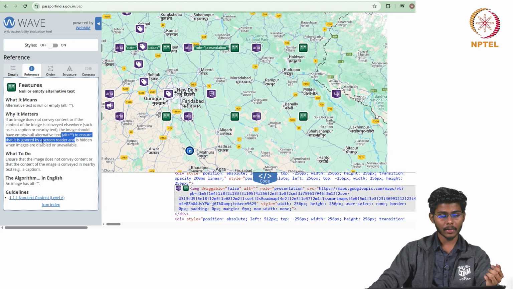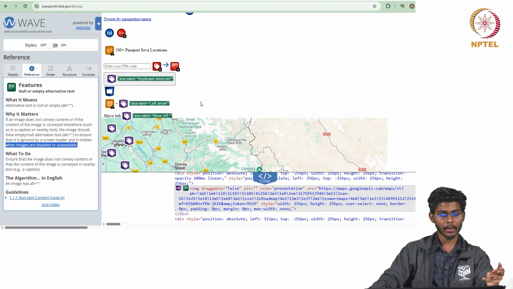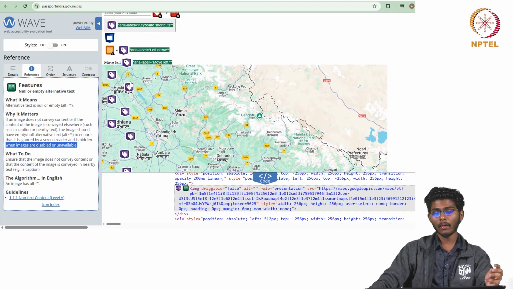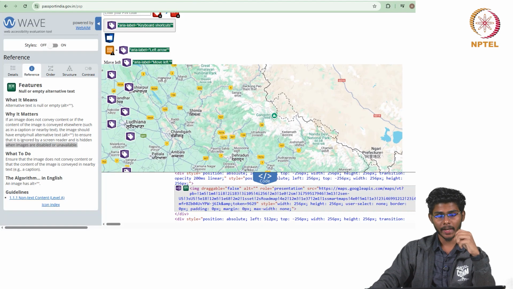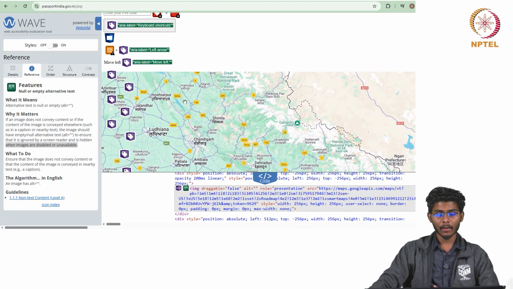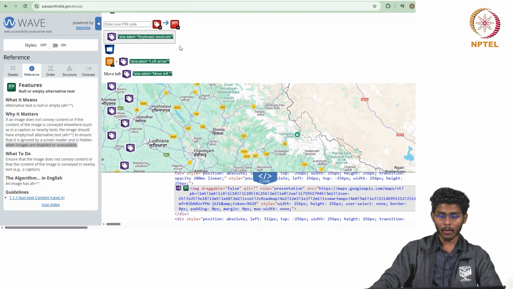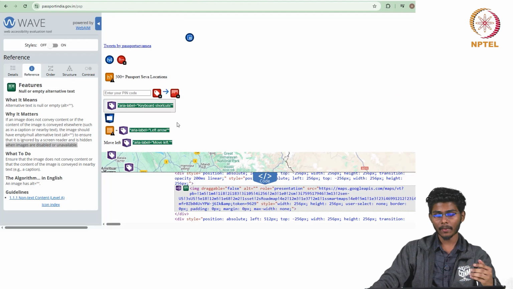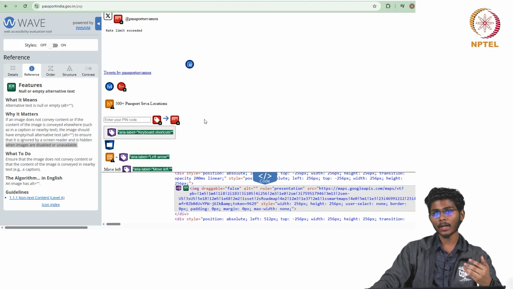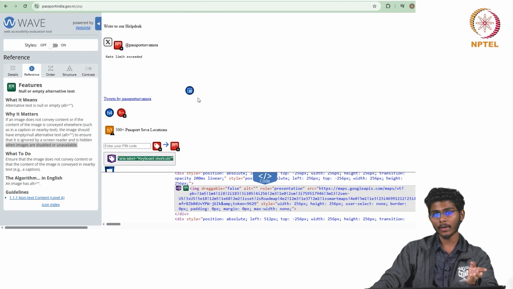So, what does it mean? To ensure that it is ignored by the screen reader and is hidden when the images are disabled. When we use the screen reader option, it generally reads, causing issues and distracting from the screen reader's purpose.